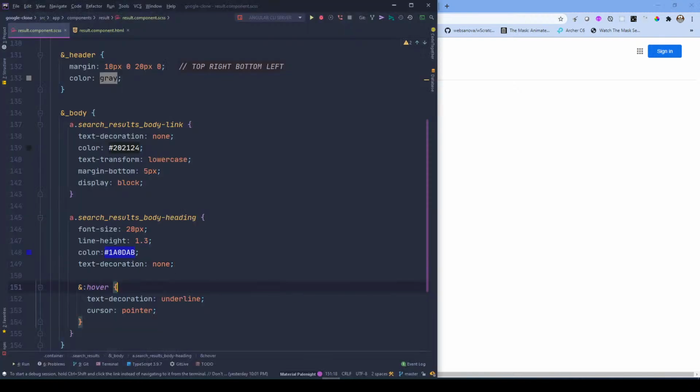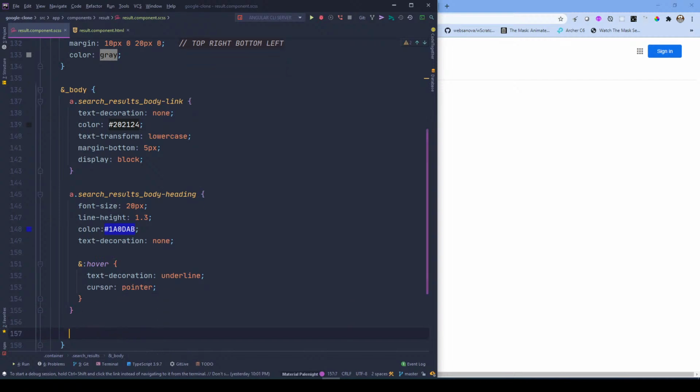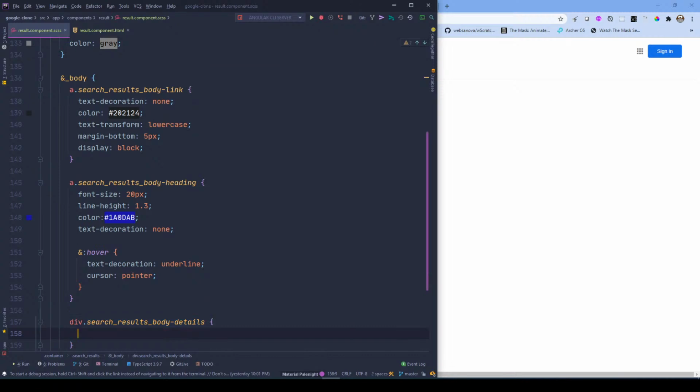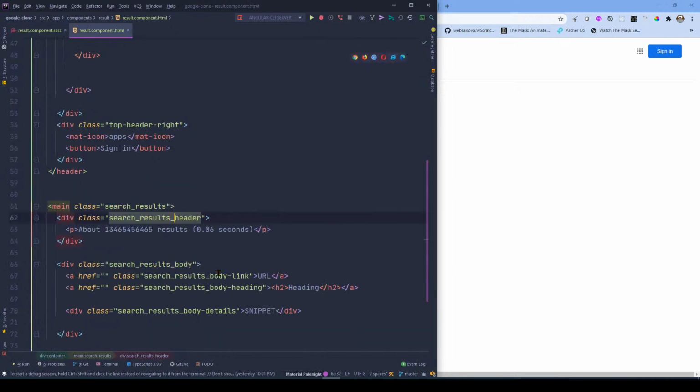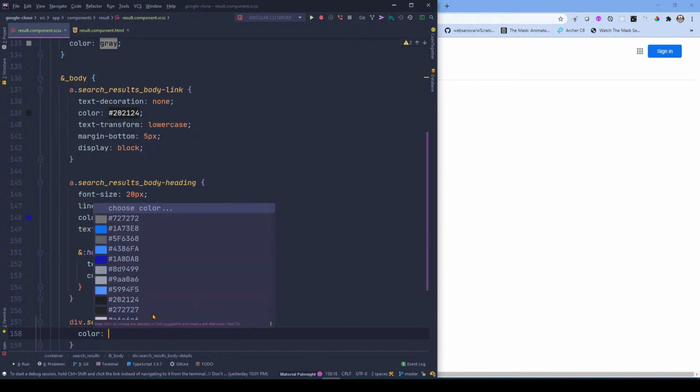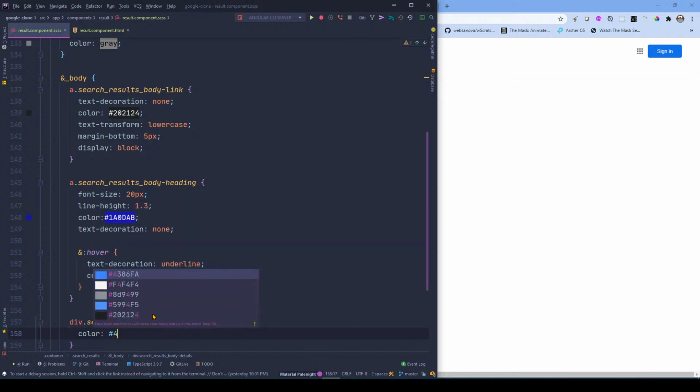Okay, now we have a div with the class of search body details, this one that has the snippet inside it. Okay, I'll set its color to 4D5156,